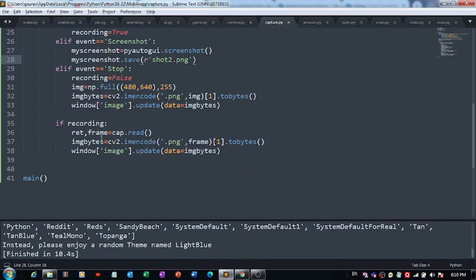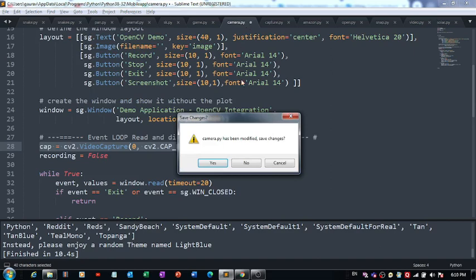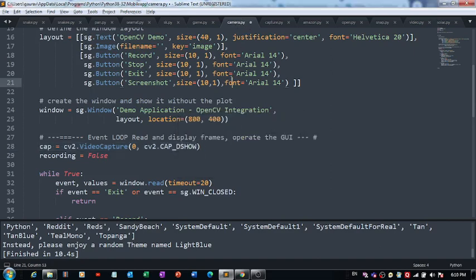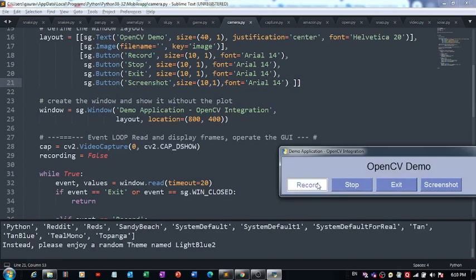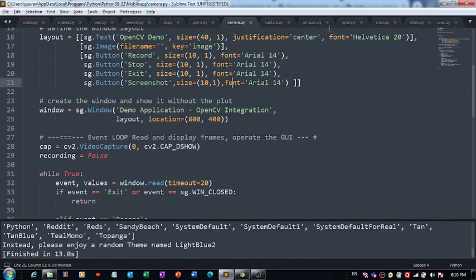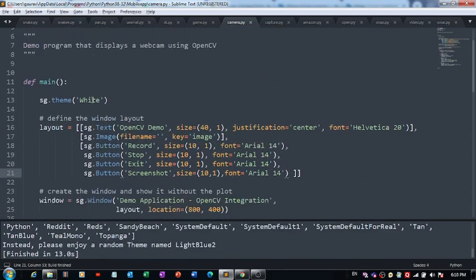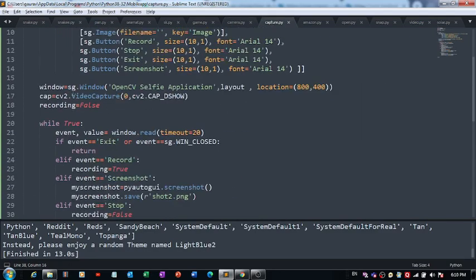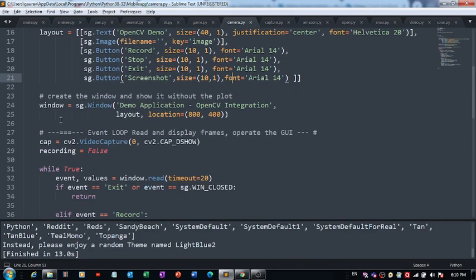But if I want to take my own selfie, I'll have to first bring my image on the window of the app, right? I'm able to do it, but there is some error which I'm getting. Sorry, let me check this code. It is the same. Okay, record. So with this, I'm able to record this video. If I'm closing it, it is getting closed, and everything over here is also the same, whatever I have defined here. So I built it